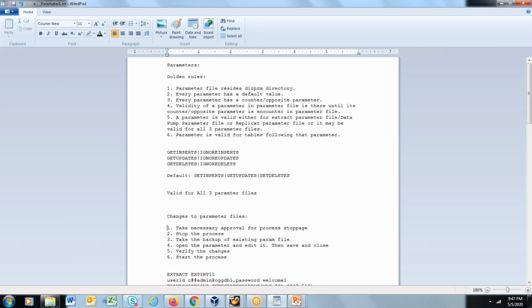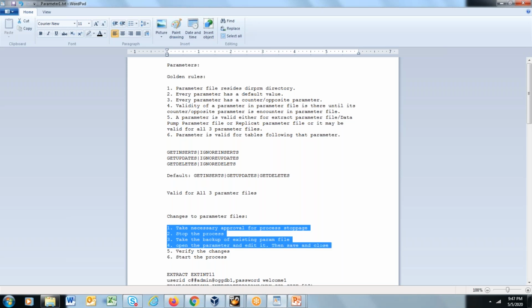I again repeat, these are really very useful. Take necessary approval for process stoppage or downtime. Once you have necessary approval, stop the process. Take the backup of the existing parameter file. This is not mandatory, but this is recommended. Open the parameter file and edit it. Once you have opened and edited, then save it and close it. And then verify the changes and then start the process. So once you have done that, now